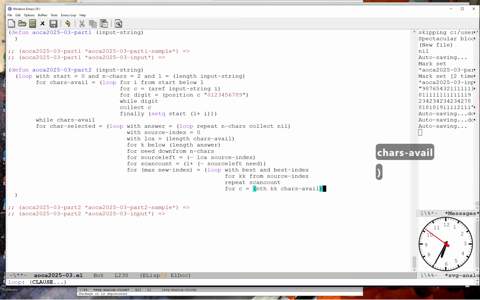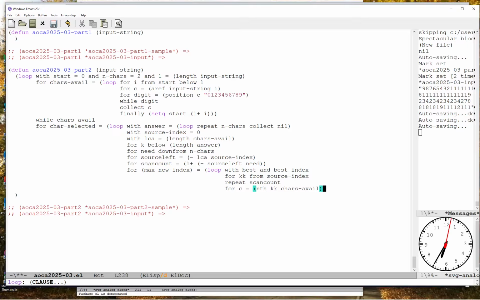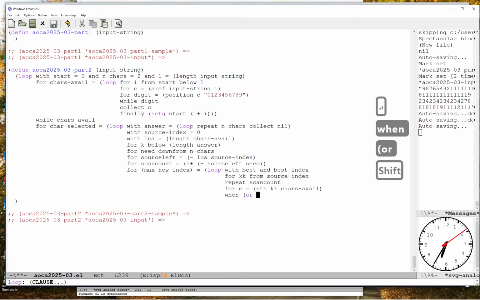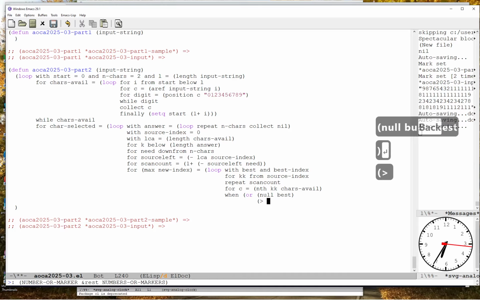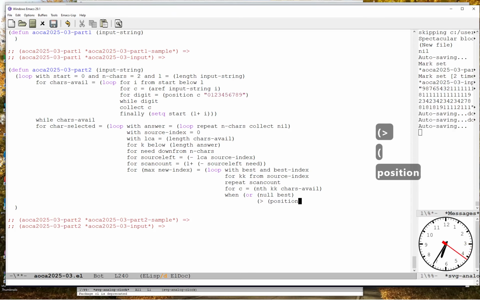So this is in that range where we're trying to find the largest digit. We're getting them out of chars available, starting from the source index. And the character C is the one that we're currently looking at. When either best is null or greater the digit value, which we're going to always do as this,